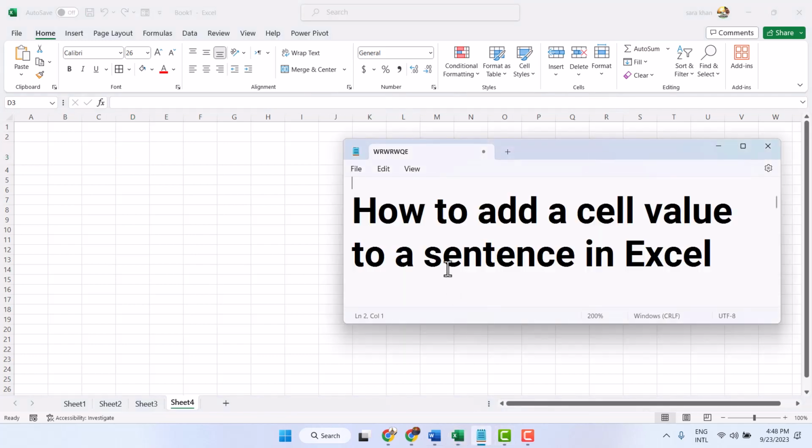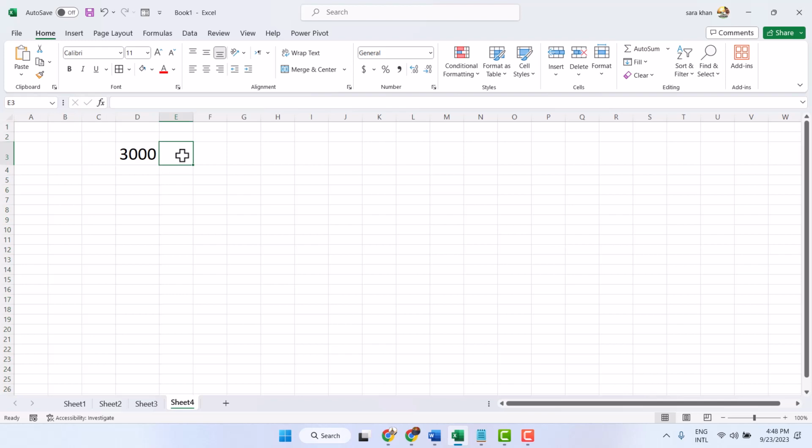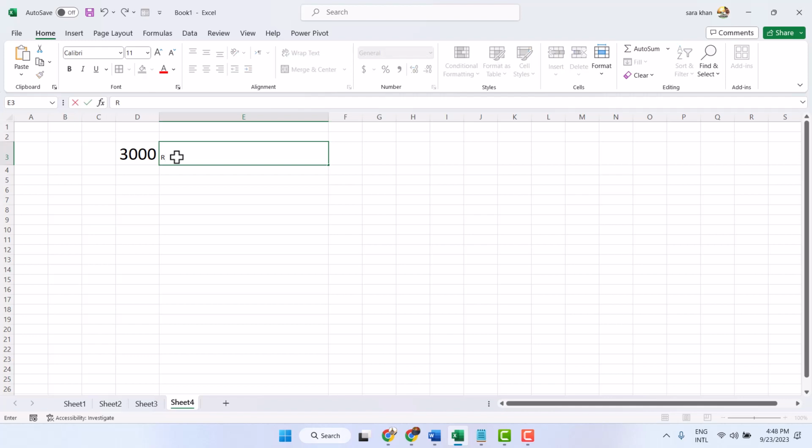In this video, I will show how to add a cell value to a sentence in Microsoft Excel. Like we type this value. Now here, type this formula